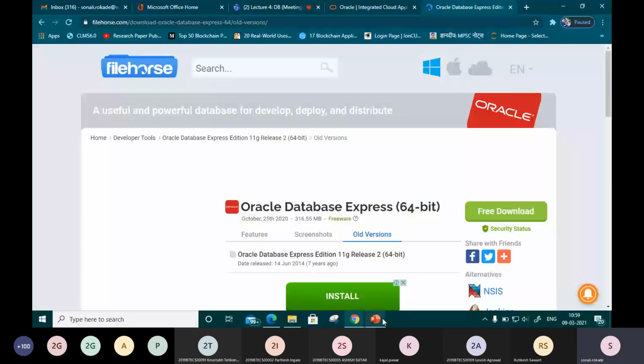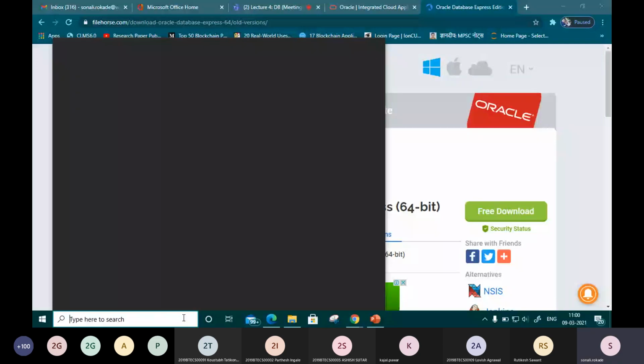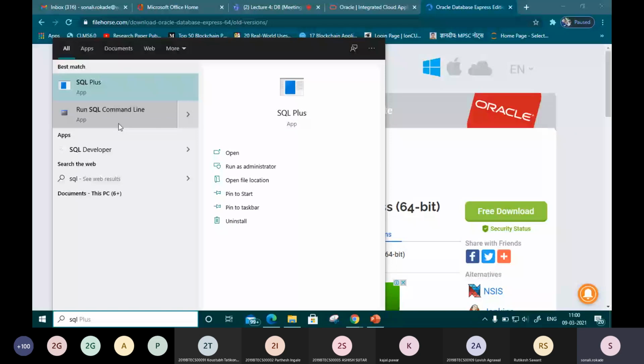So this is our installation, and you have to always remember that for the first two experiments we will use this SQL command line window. First two means I'm not talking about study and designing part. I'm talking about actual query process experiments. So this window we will use for first two experiments. Okay, so here is the end.